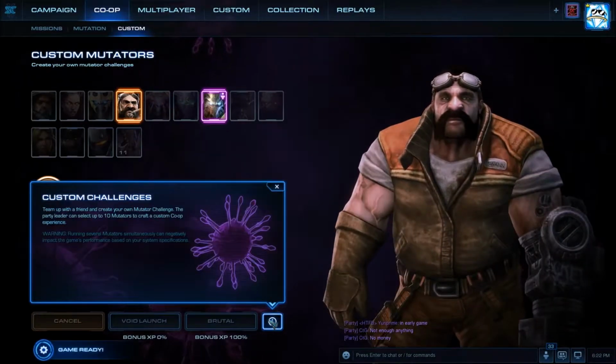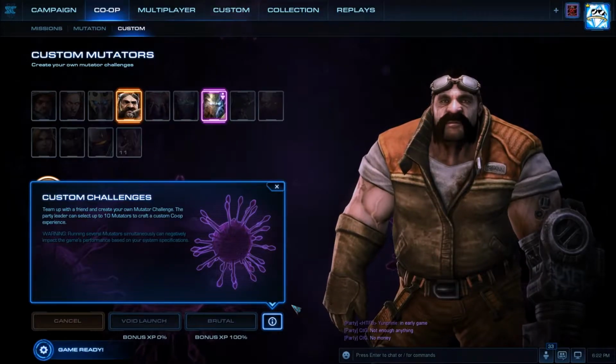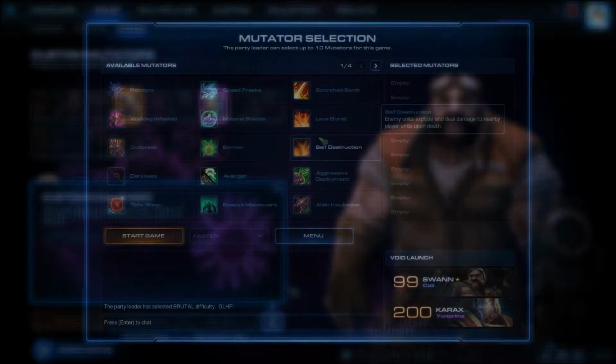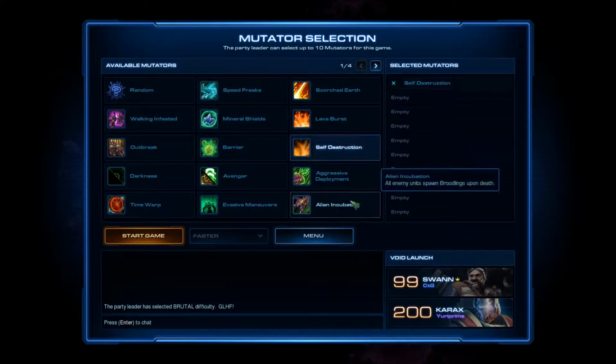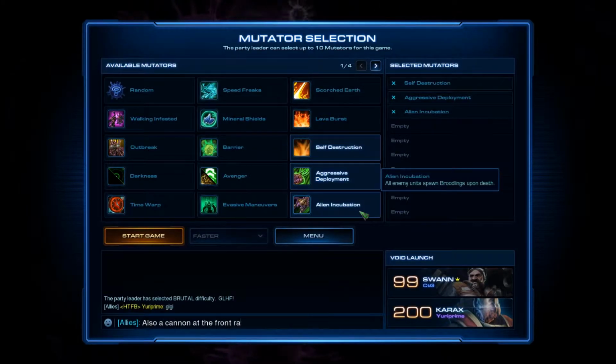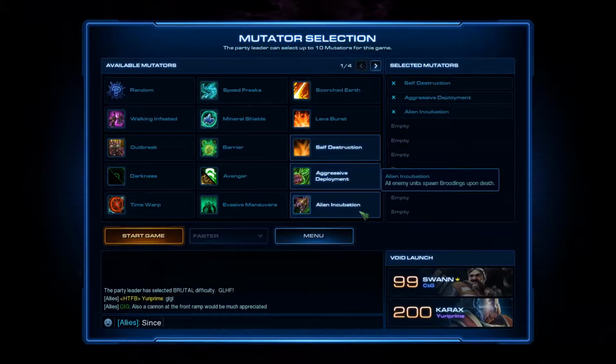I'm CTG, and my ally is going to be Yuri Prime, and we're going to be doing Special Delivery, which was week 9. Maybe an extra cannon would be useful, since there will be self-destruction. Cannon at the front, ramp would be much appreciated. Yeah. Since I'm already sinking my early game